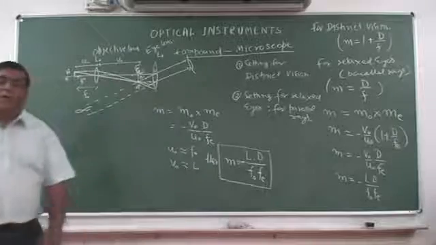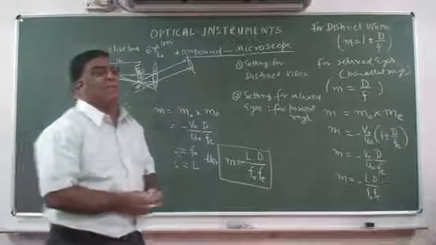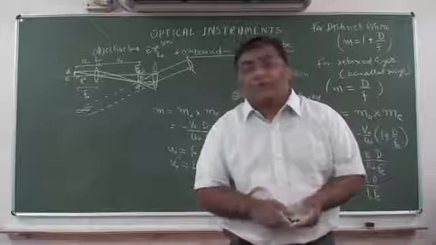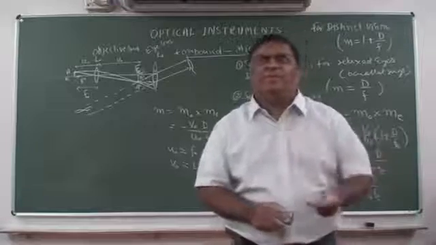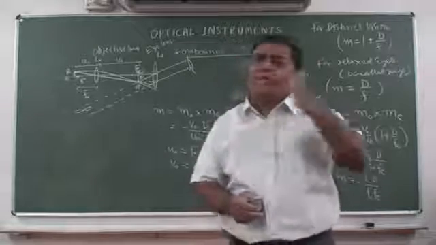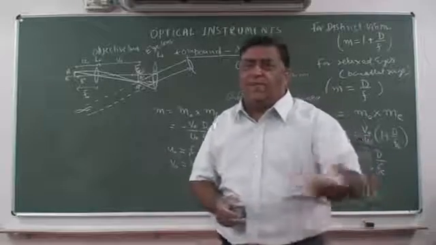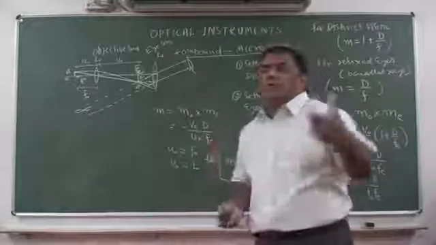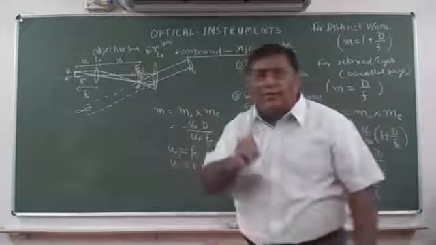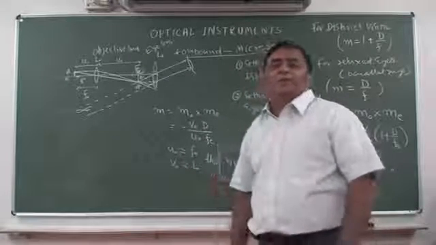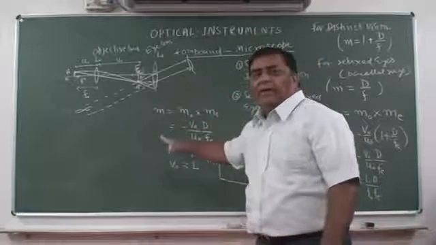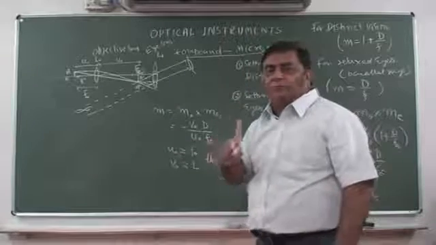So this is all the description of the compound microscope. Normally it is asked in 3 marks questions, and the other thing is it is combined with a numerical also. It is not much likely that it will be combined with the telescope. Either microscope is asked or telescope is asked. Any one of these. But this is good enough to cover your 3 marks question. When you are going to write about the microscope, you need not write about the simple microscope. So when they ask you about the compound microscope, start from here and write only about the compound microscope.